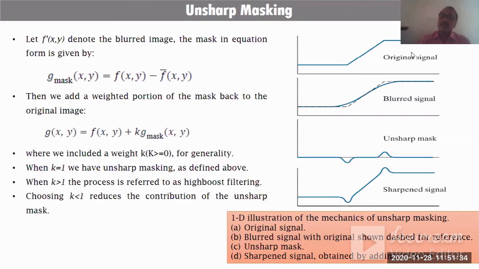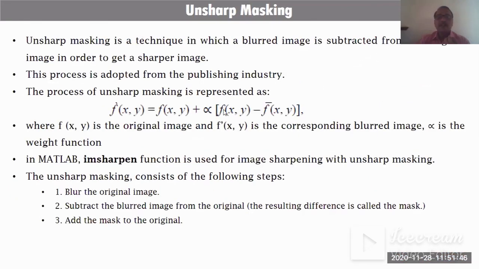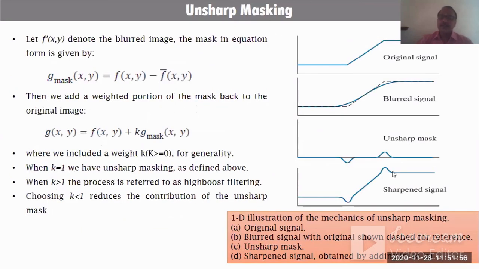म्हणजे ओरिजिनल इमेज असते, पहिला त्यानंतर ब्लर केली जाते, then we can use the unsharp mask and then add this unsharp mask to the original image, so we can get this here. We take the difference, use the mask and add it to our original image, so we can get our sharpened image.